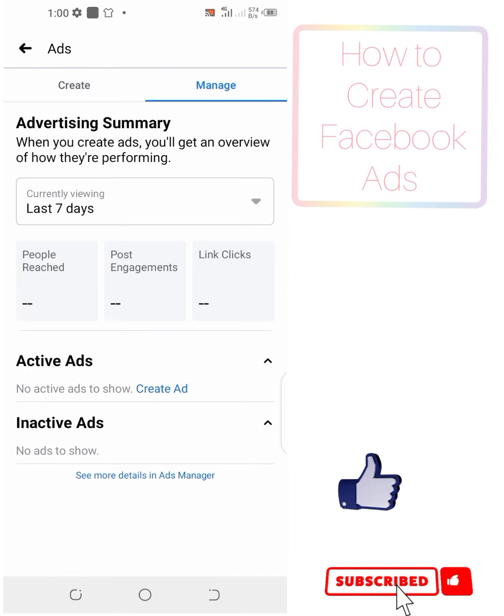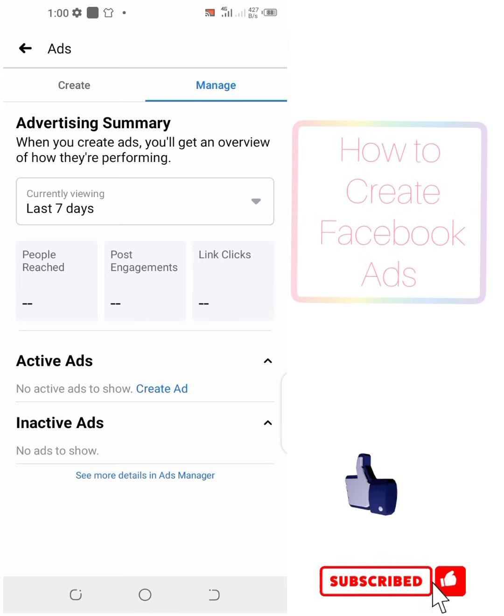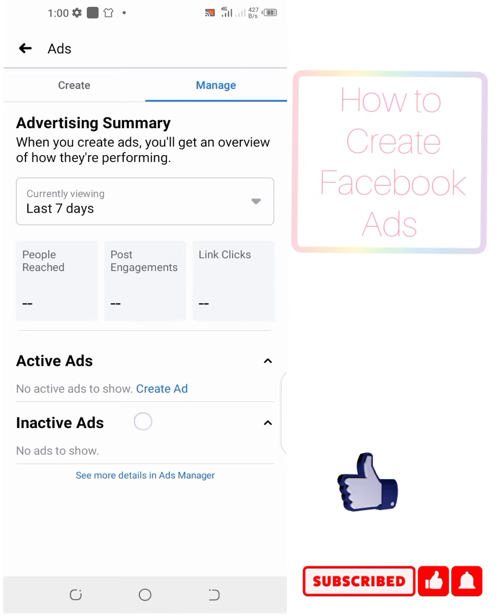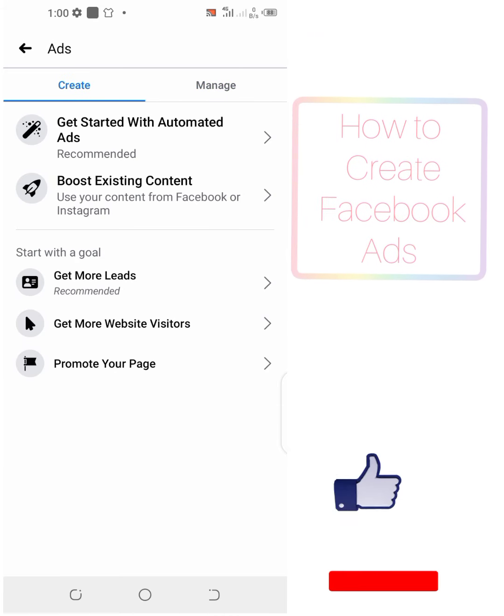So that is a little bit about this. But even if you come to manage, you'll still be able to create the ad using the ad manager area here. But then let's go back to the create menu. So when you're here,